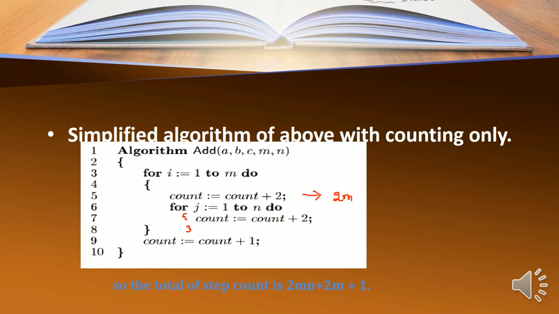This gets executed 2mn times. This is executed twice and n times within this for loop. That's why 2mn times. And finally, this line gets executed once. So the total time complexity of this add function is 2mn plus 2m plus 1.